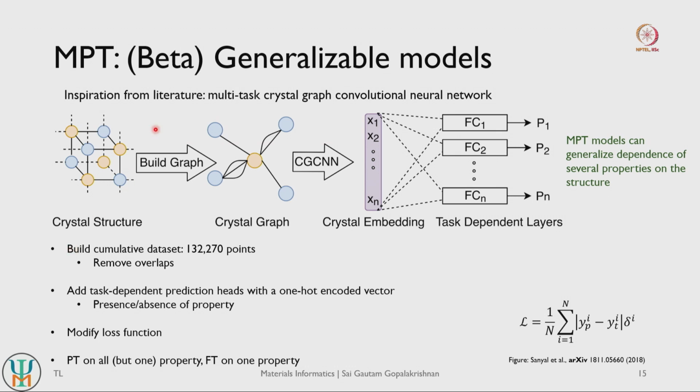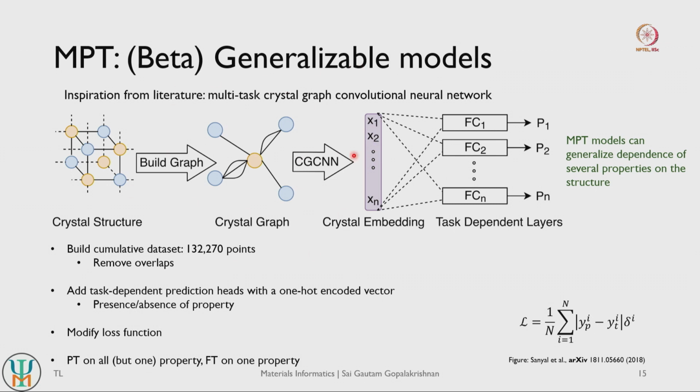So we sort of established that pair-based transfer learning definitely has some utility, but we also established in the previous lecture that during pair-based transfer learning we need to unfreeze most of the layers, and these models have higher learning rates, right. Which implies that the models are not generalizing as well as they should be. So if you now want to create fairly generalizable models, so models that have a fair understanding of structure property relations across a wide range of properties, we cannot simply rely on pair-wise transfer learning, right.